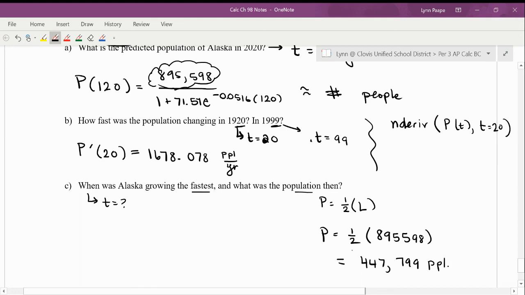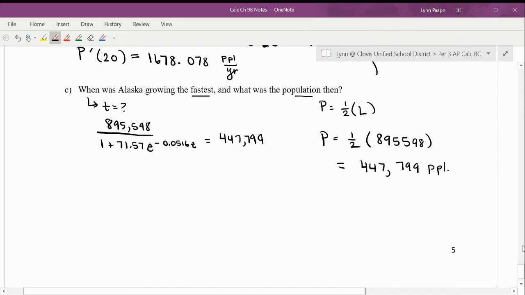And so now the when component. So now I'm going to take that same exact equation I was just referring back to, and I'm going to set it equal to 447,799, and then solve this equation. Okay, so there are lots of different ways to solve this. I'm just going to put this over one, and then I'm going to multiply both sides by the denominator. So I'm going to go times denominator, times denominator. So then I would get the 895